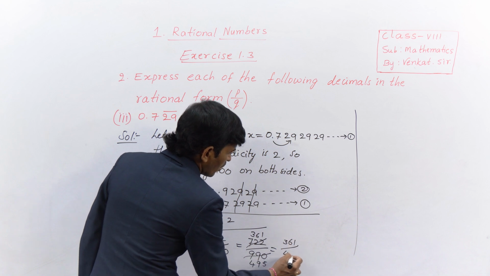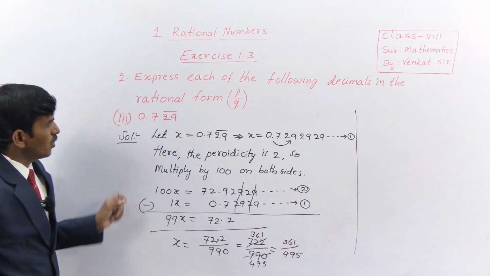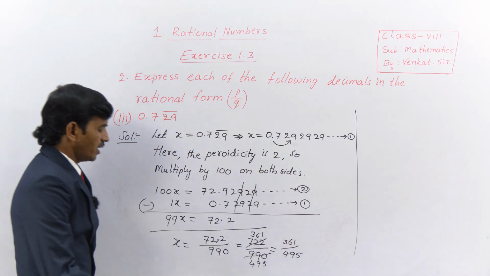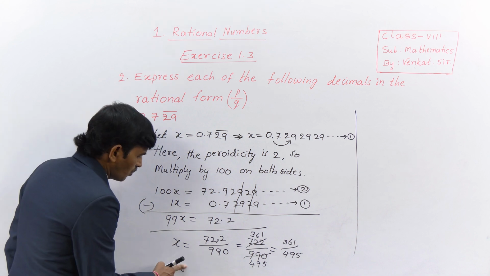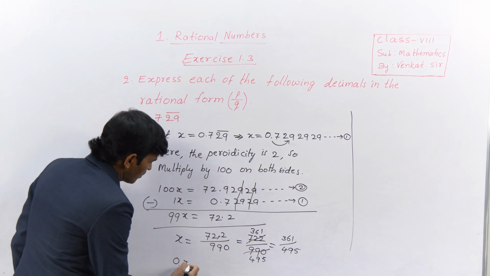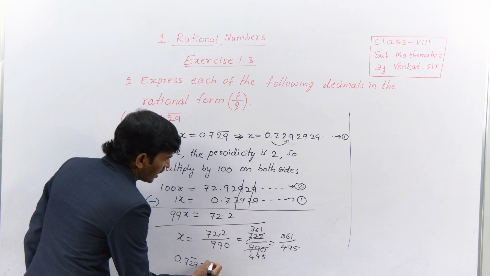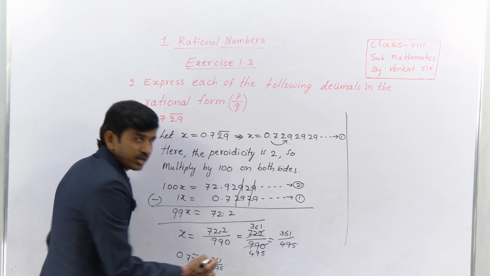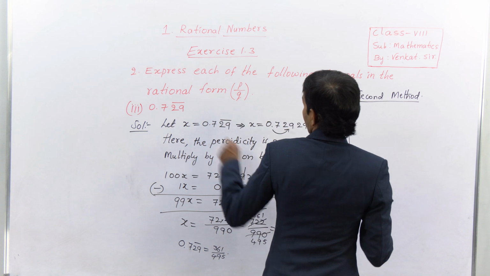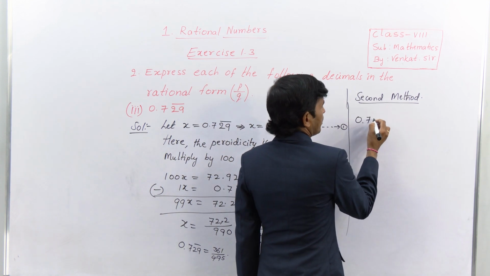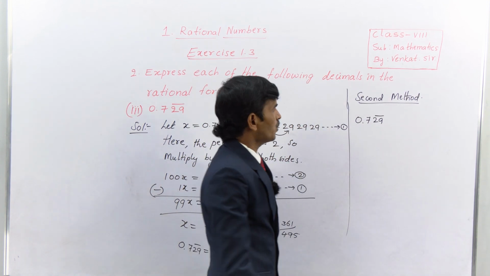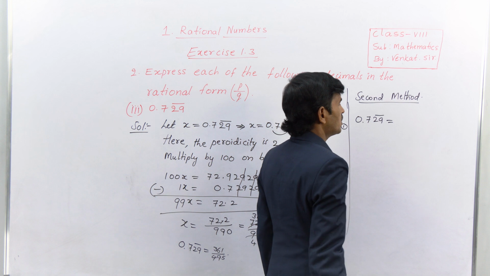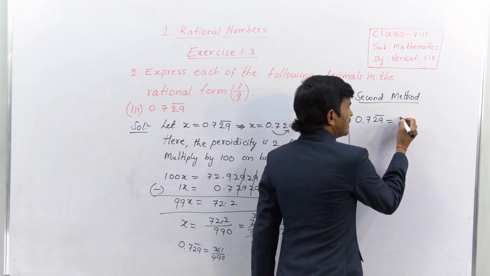361 by 495. Therefore 0.729 bar can be written as 361 by 495. See that? First write the number, that is 0.729 bar, which is equal to, here write total digits, that